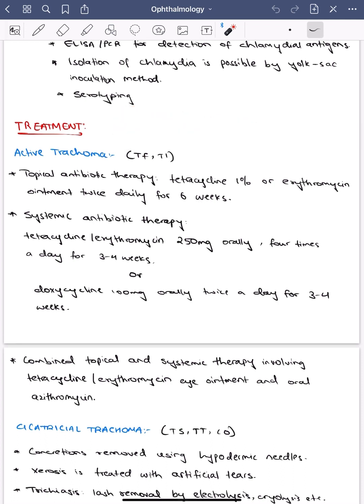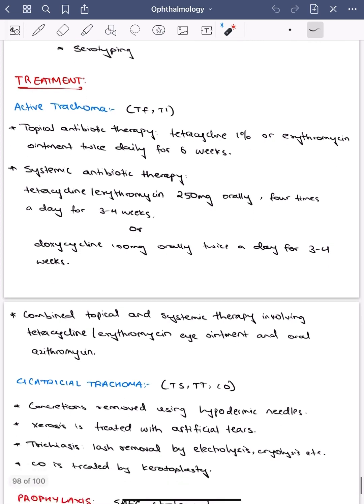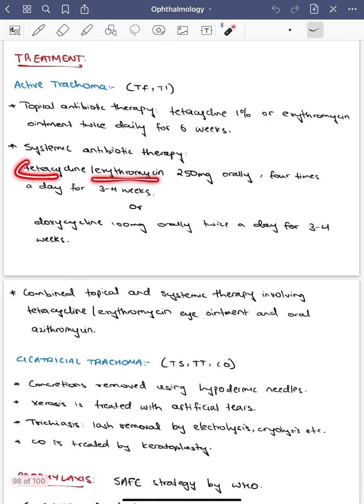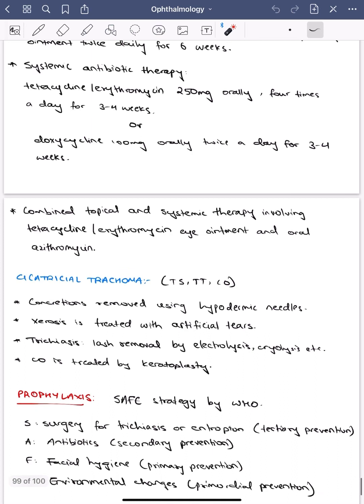The topical antibiotic therapy is tetracycline 1% or erythromycin ointment twice daily for 6 weeks. So this is the topical antibiotic therapy. Now the systemic antibiotic therapy is again tetracycline or erythromycin 250 mg orally 4 times a day for 3 to 4 weeks. Or instead of tetracycline we can give doxycycline 100 mg orally twice a day for 3 to 4 weeks. Now the third mode of treatment is combined topical and systemic